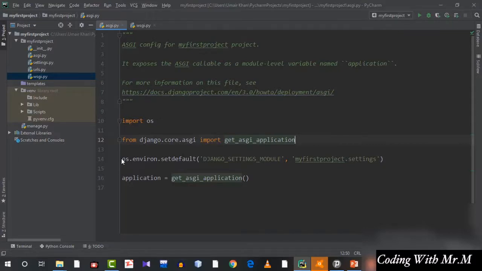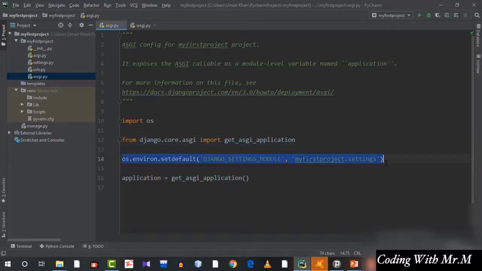Then you are going to set the environment the very same as you did in the WSGI file, that was os.environ.setdefault. The first argument is the default settings module, and the second one is myfirstproject.settings, and then you have to go on with application equal to get_wsgi_application, whereas in case of ASGI, what you are going to do is